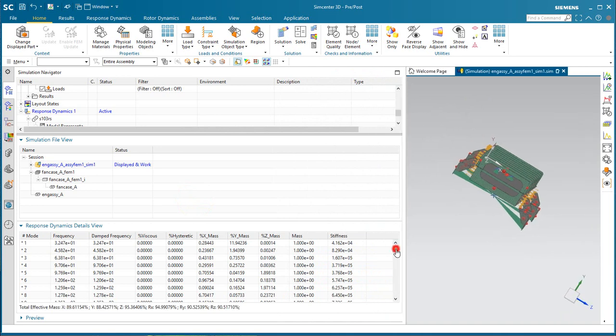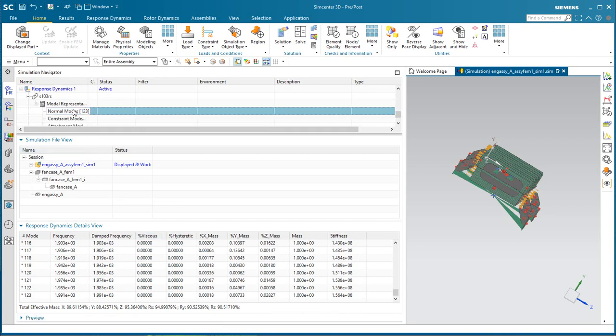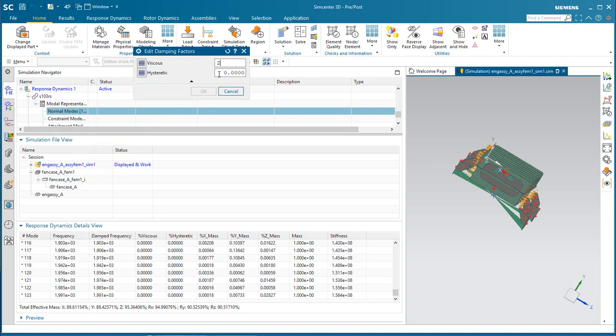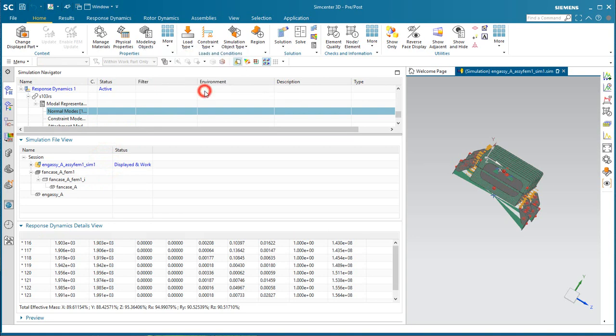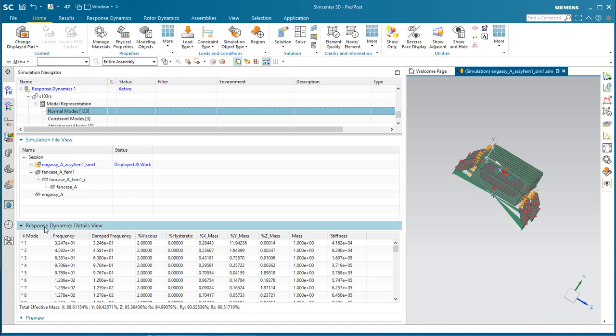So here we'll create a new response dynamics solution, and you can see our 123 modes that were recovered, as well as the total effective mass in the X, Y, Z, and rotational directions. If we didn't have enough, we could get more modes. Here we'll go ahead and specify a viscous damping factor of 2%